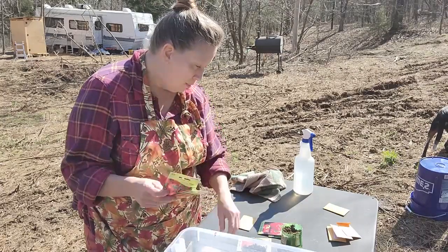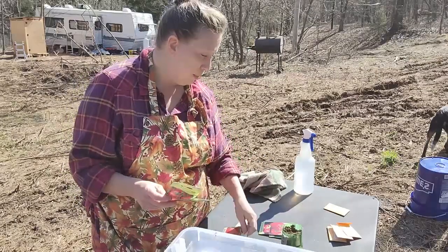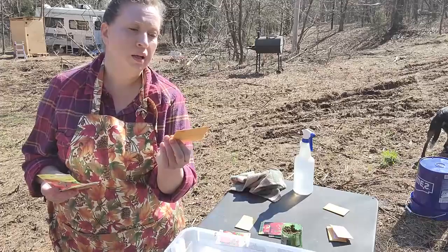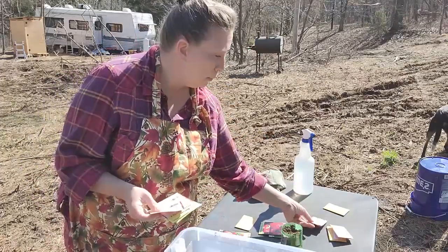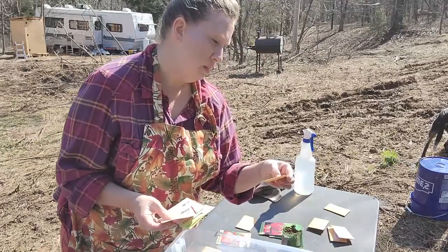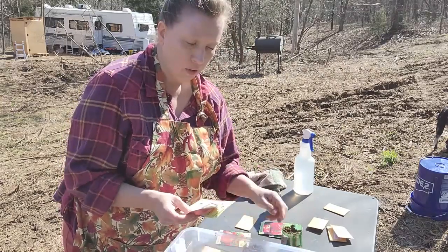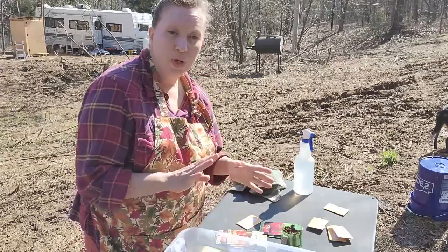The Romas are determinate. I have a Marglobe tomato, which is a determinate. And then, you know, I don't think these say. Yes, it does. The pink brandywine is an indeterminate, so I might end up planting that in the raised bed because it means the plant will just continue to grow. And it doesn't say about the beefsteak tomatoes, so I might end up planting one of these best boys in